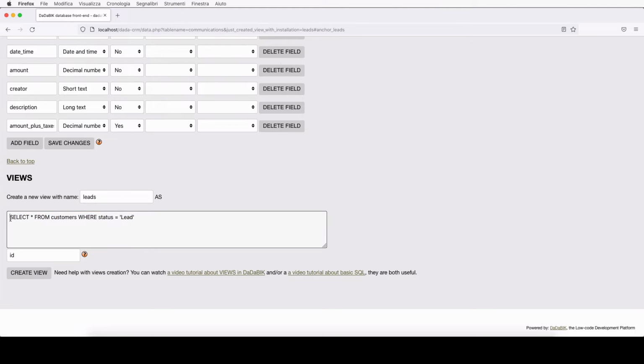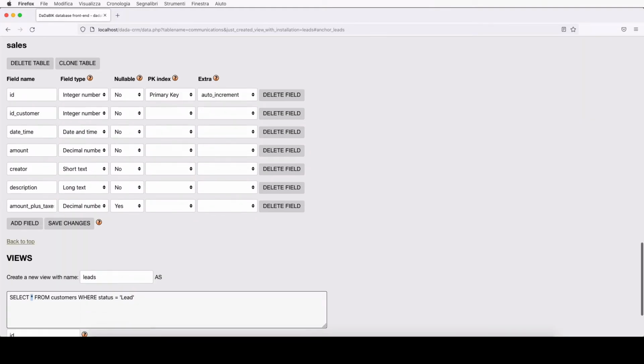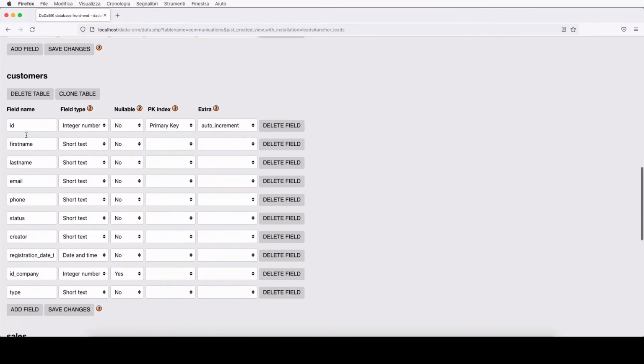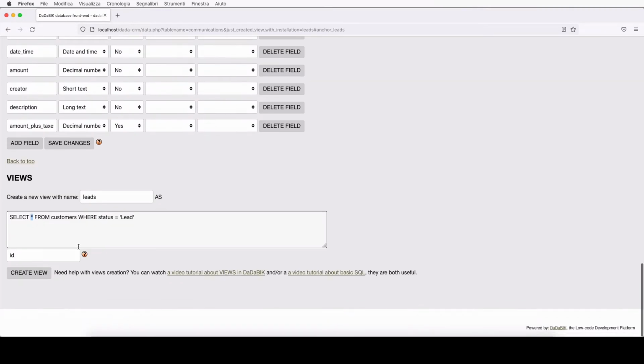So what I'm doing here is I want to select asterisk, which means all the columns of the table customers, ID, first name, last name, and so on, but only for customers having a status equal to lead.